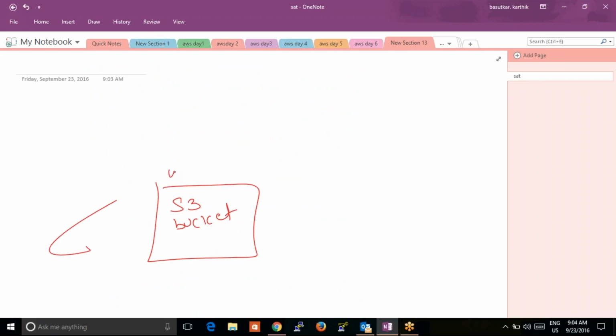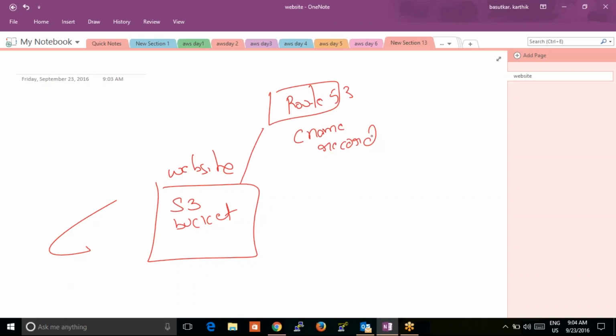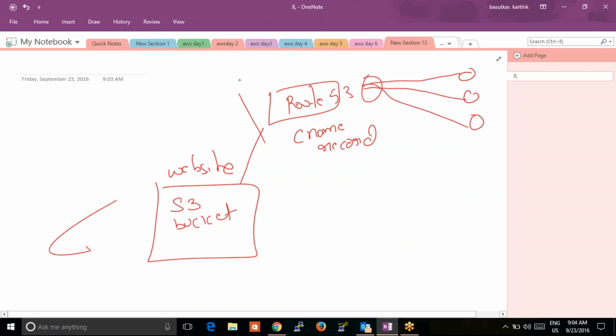You hosted some website on it and connected it to Route 53 with a CNAME record, and clients are accessing it like www.xyz.com. Then the first request goes to the DNS server, and the DNS server knows this S3 bucket's URL, saying that